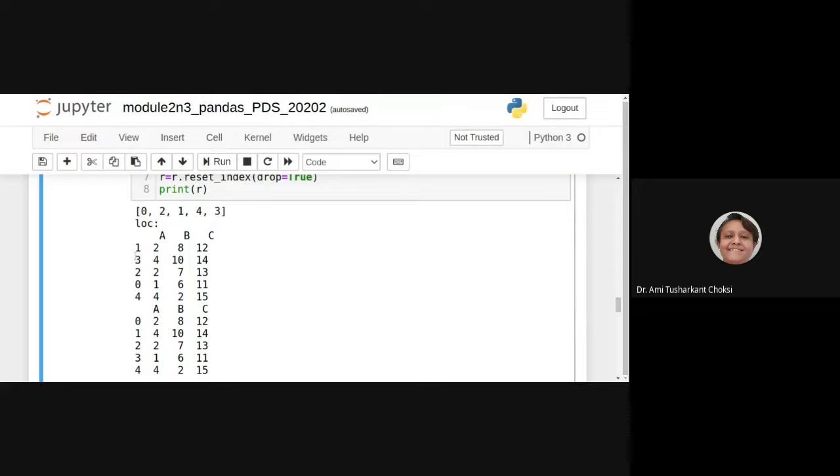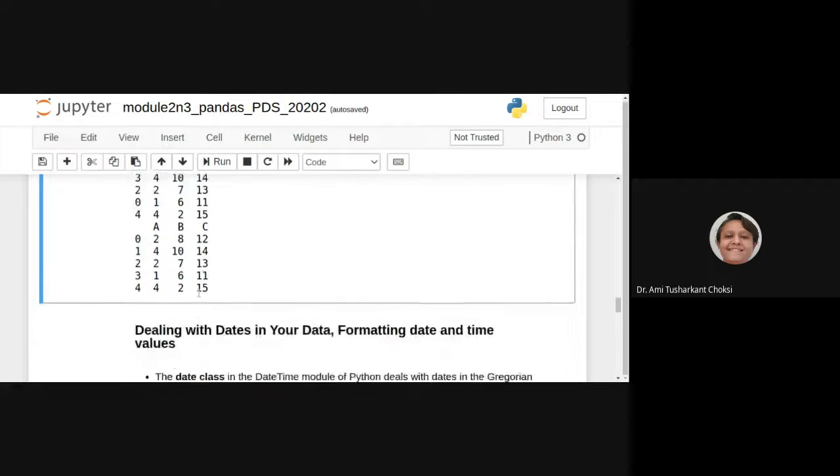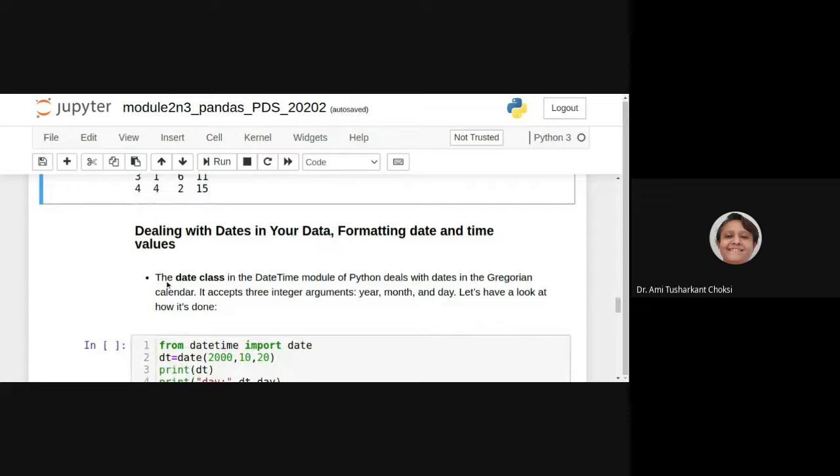Now we have shuffled and got the index as 1, 3, 2, 0, 4. After that we do the reset index, and then what we get is 0, 1, 2, 3, 4. Got the point? This is the shuffle. We know that shuffle means as we shuffle cards, it will change the sequence of the cards.